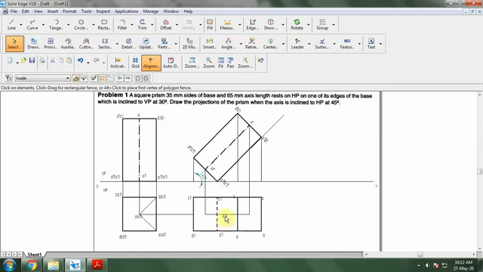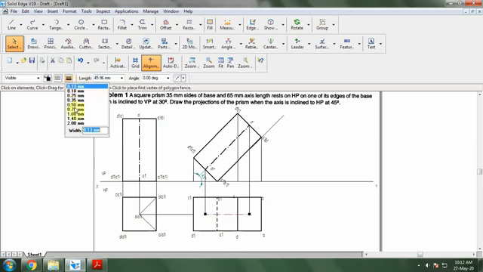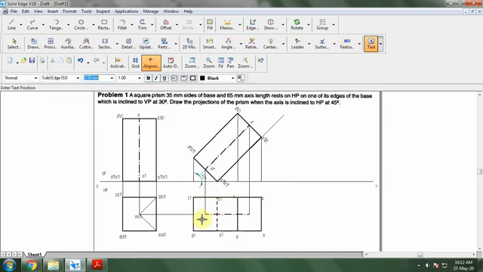So this line I'm going to take as the axis line specified, and if you want you can keep that as 0.5 also. So once you've done this, go for name, and this point will be O1 and this point will be O. So once you've done this, this is your second position.